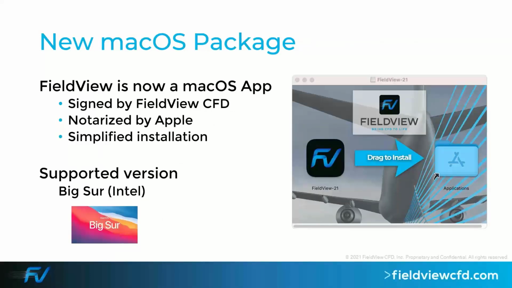More specifically on macOS, this is the biggest change. FieldView is now an official app. It is signed by FieldView CFD and then notarized by Apple. And the installation is really simplified. All you have to do is, from this panel, pick the icon and drop it into the applications folder